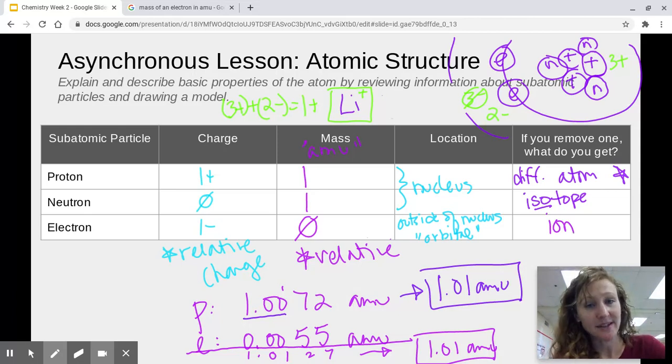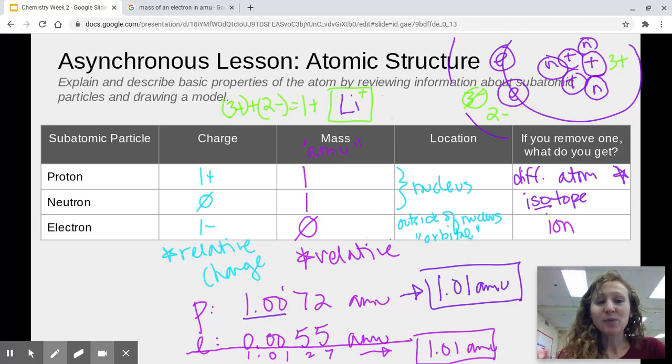Ions can be positive if you have more protons than electrons. Ions can be negative if you have more electrons than protons. You can have positive and negative ions. But if you have a different charge, it's called an ion. Okay,